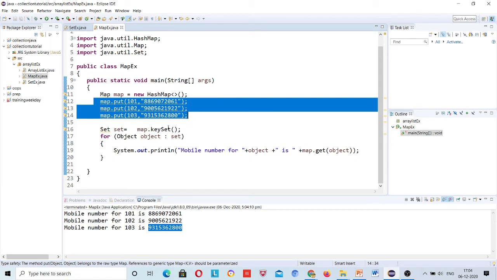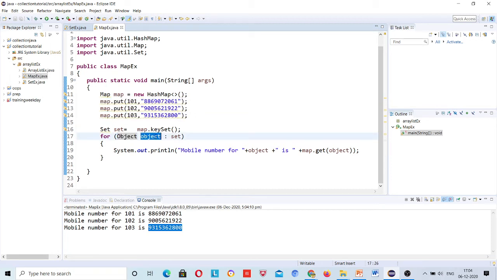What does it mean? Just like you are iterating over the list and set, you are using the object and providing the list object from here to here, and one by one it was copying and pasting, and you are printing this object, and that was getting the value. But here inside your method, how many values do you have? Two values, 1 and 2. Inside every put method you need to put key and value, right?